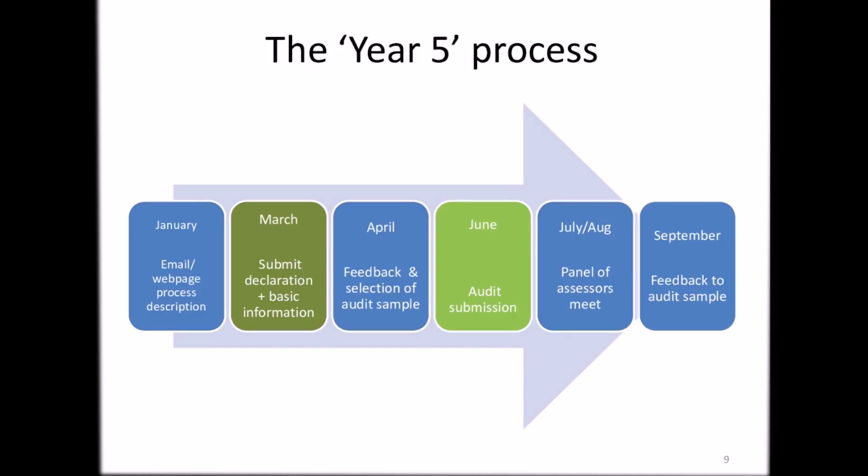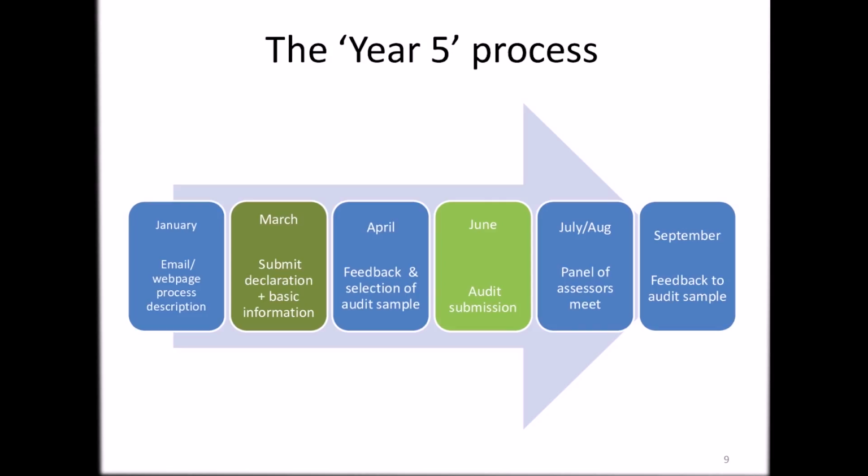Moving to slide 9, you will see a breakdown of the activities in year 5. A point to emphasize is that this does not represent a year of activity by chartered statisticians. Much of the time is free elapsed time or for administrative and assessment activities undertaken by professional affairs staff and volunteers at the Society. So going through the steps on the slide from left to right, in January of year 5, you'll receive an email outlining the revalidation process.